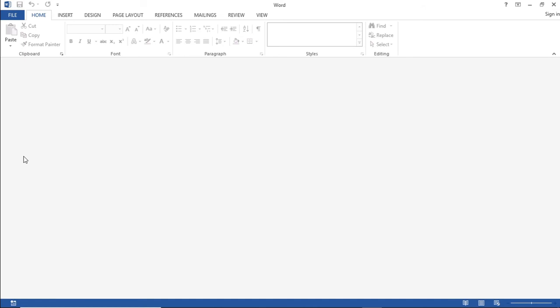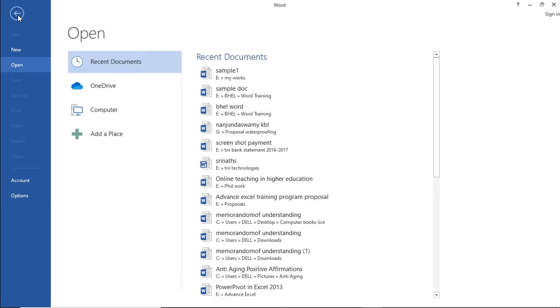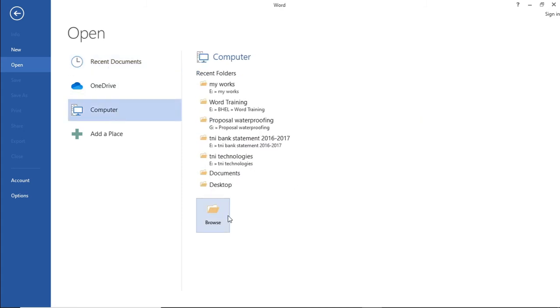So once again, if I want the file, I can click on file. I can open this. You can find it in recent documents, or you can click on open. Suppose if you don't get the file in this recent document, you can always click on open and then you can go to that particular location.